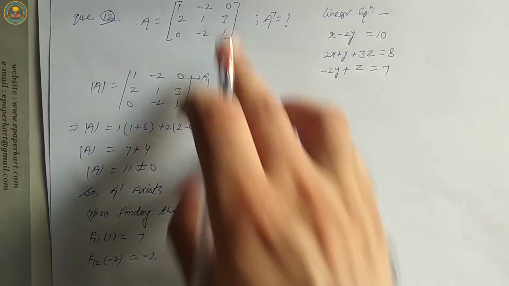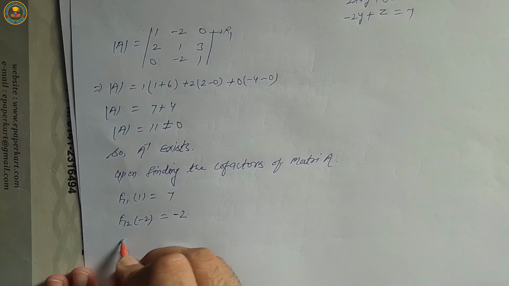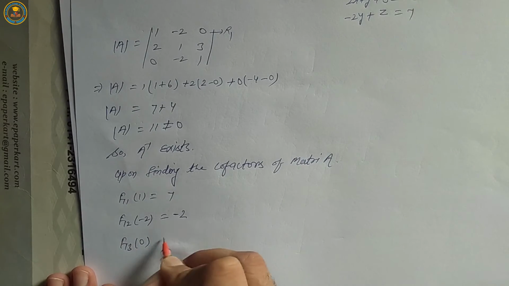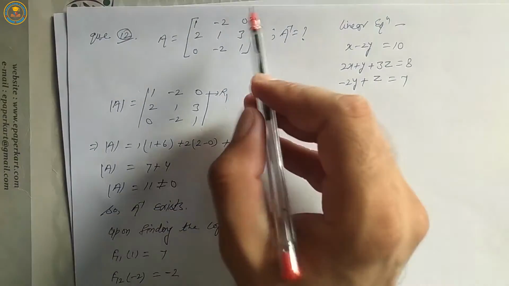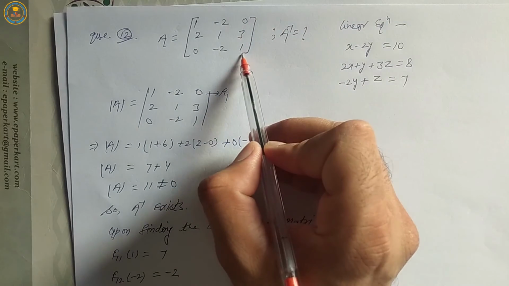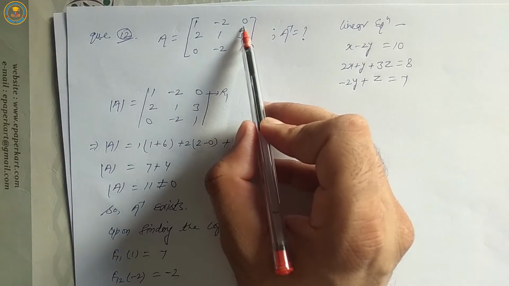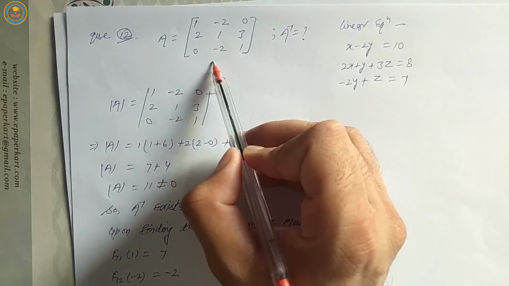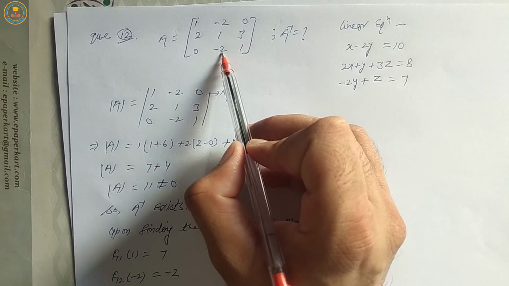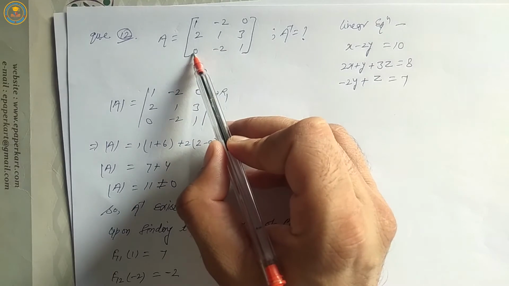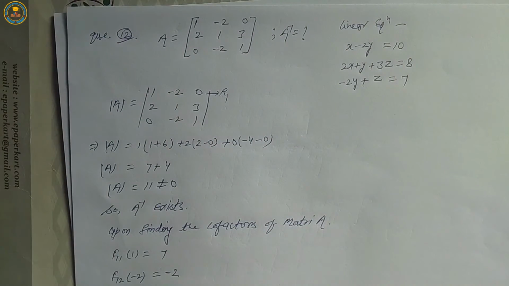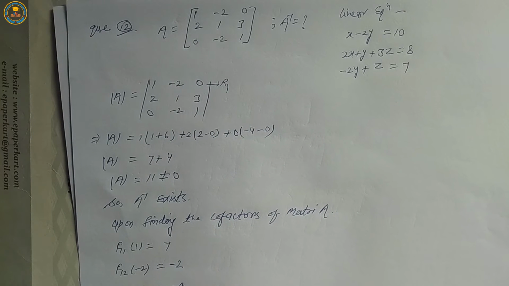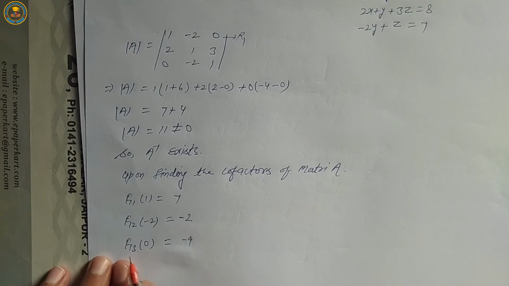Next element 0, it means F13 over 0 is equal to, leaving the corresponding row and column of element 0, row and column, 2 1 0 minus 2, 2 minus 2, minus 4, minus 1 into 0, 0, it means minus 4. 1 plus 3 is 4, it means even number, it means positive sign. Okay,